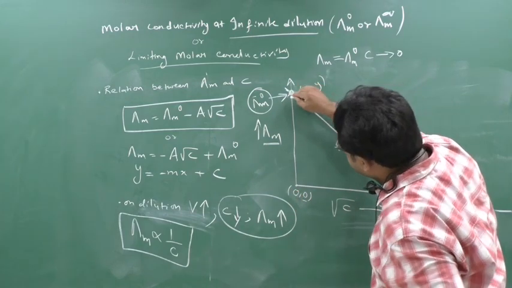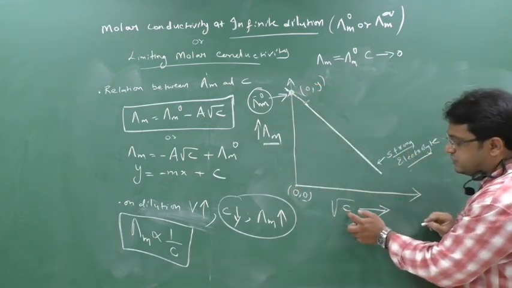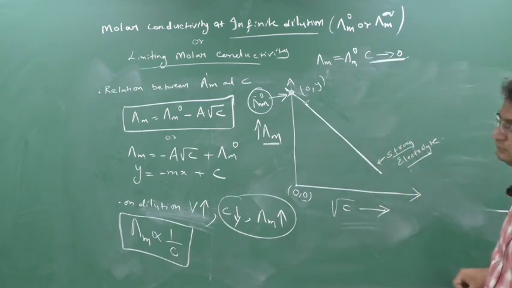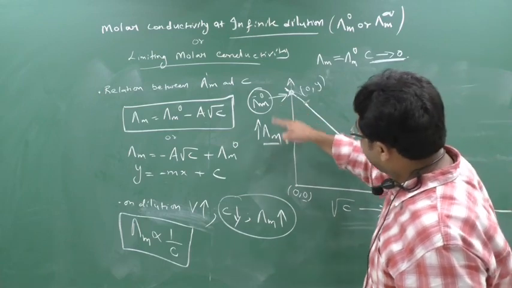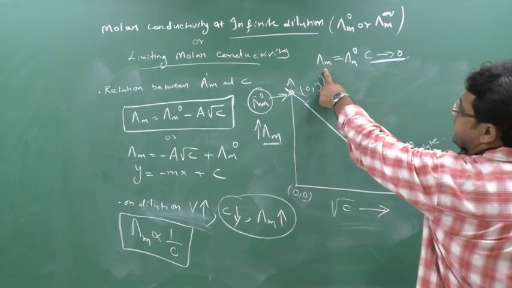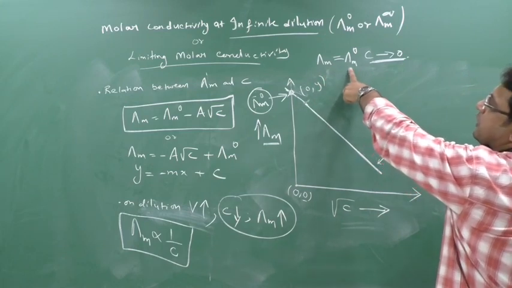Means here the x-axis is 0. So come to the x-axis. What is on the x-axis? Concentration. Means here concentration is 0, and I obtain the y value. What is on the y value? Lambda m. So we know that at 0 concentration, the value of lambda m is known as limiting molar conductivity